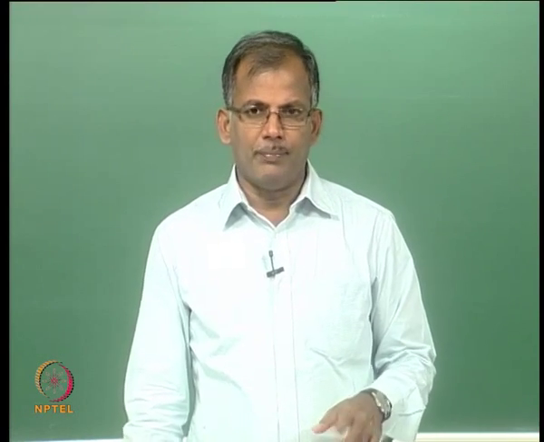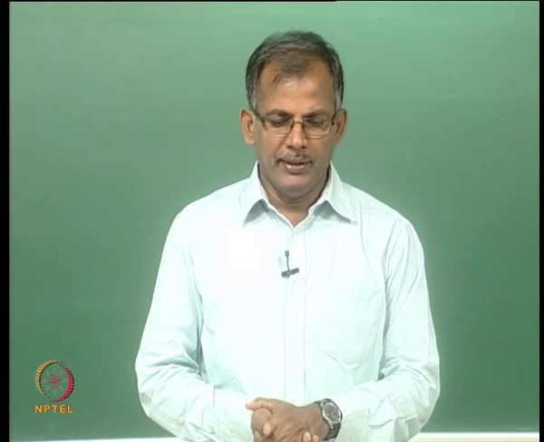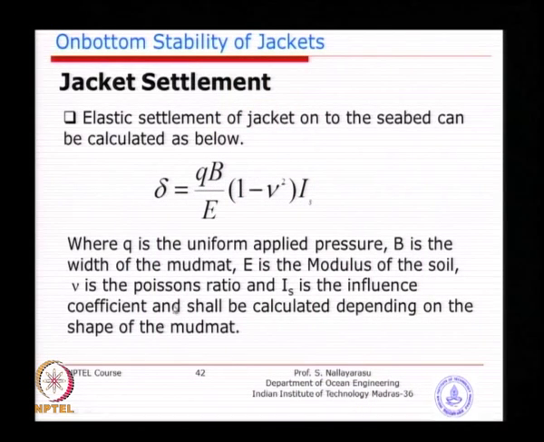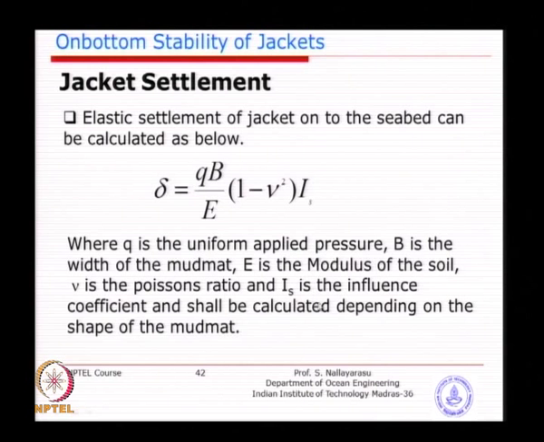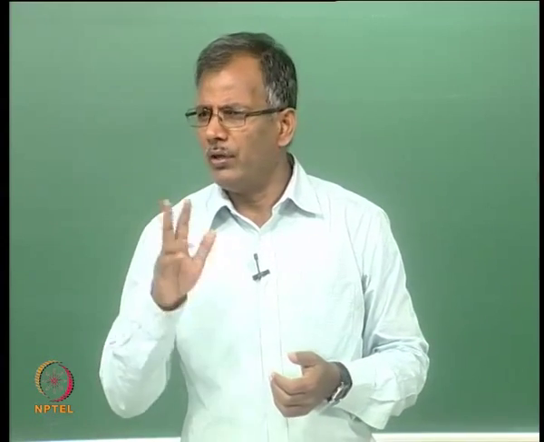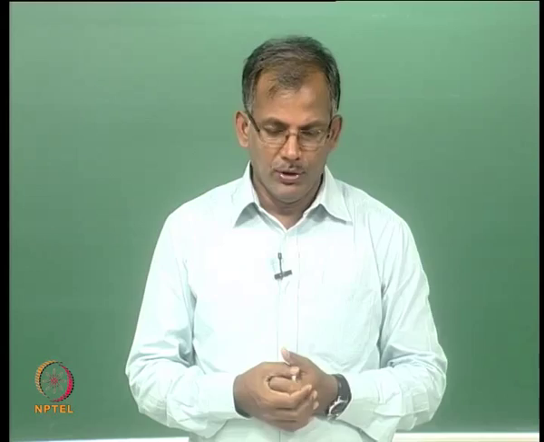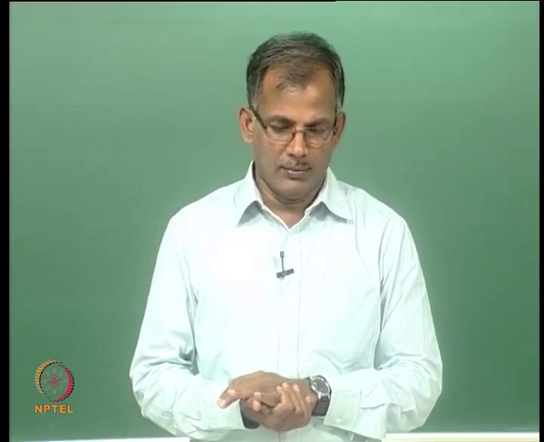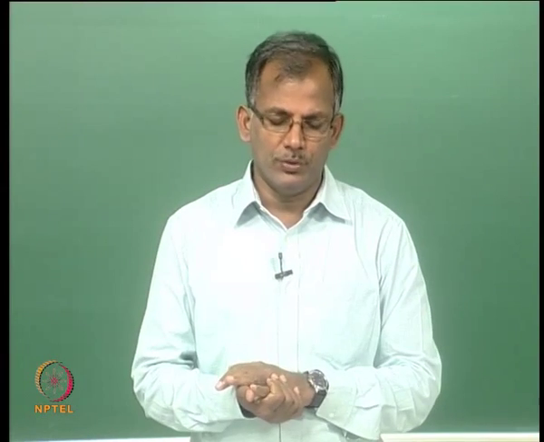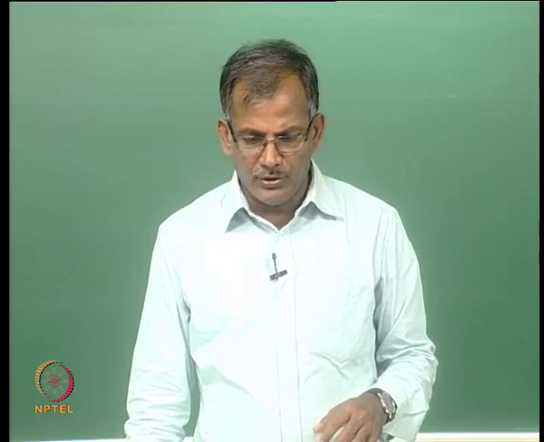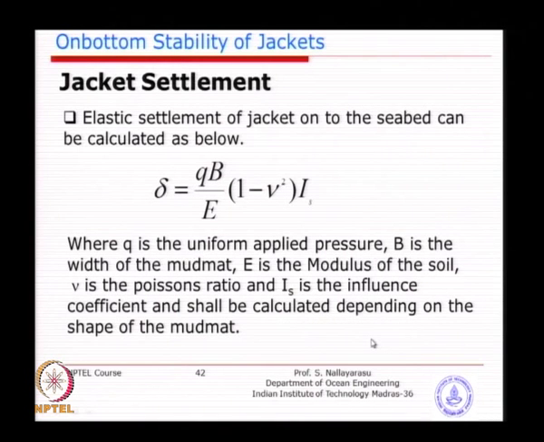So, if you have a rectangular strip in that particular corner, that will be your B, divided by E, and 1 minus mu square, where mu is the Poisson ratio of the soil, and IS is the influence coefficient, which I think, if you remember, we have discussed these parameters. IS is a function of F1 and F2, and you can find F1 and F2 depending on the depth of embedment and also the shape of the mud mat area, whether it is rectangular, the L by B ratio. So, you could find out this effect of influence of the shape and the location of the mud mat with respect to the mud line, multiply, normally it should be less than 1.